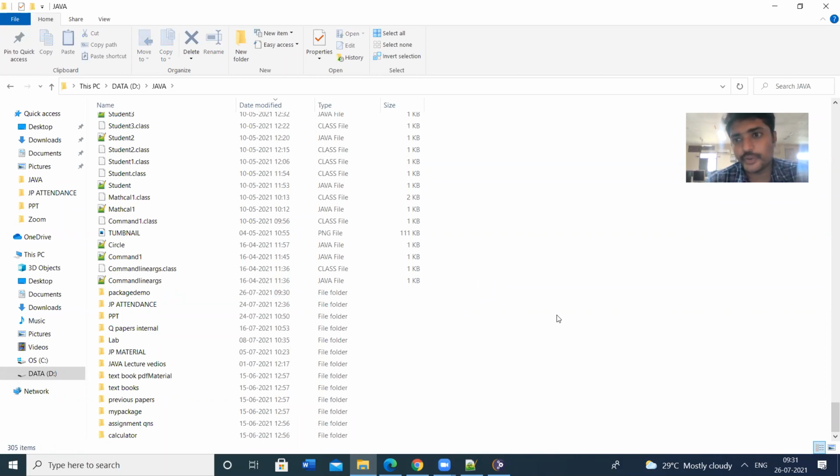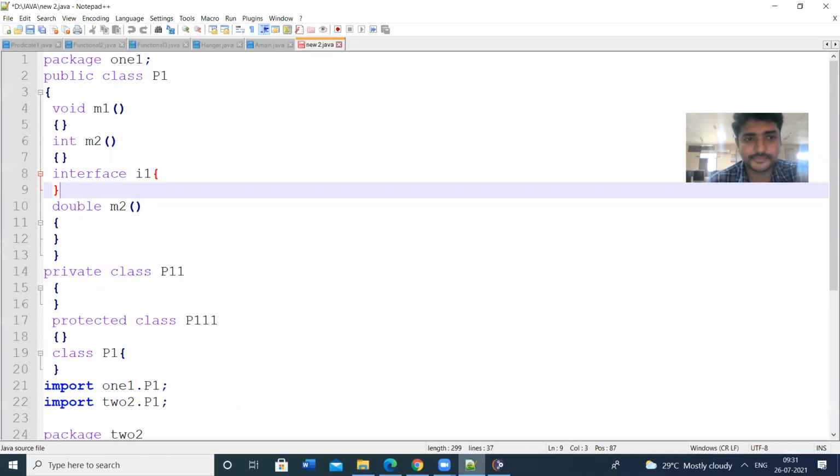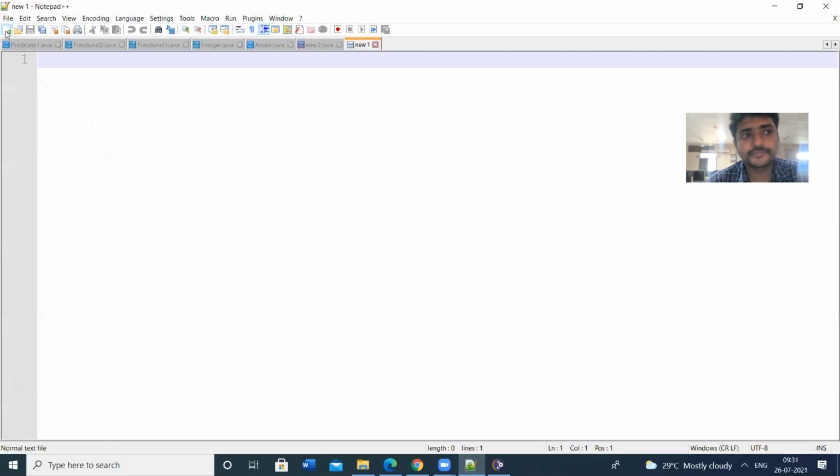Now we have to create the package. How do we create the package? Let us open the notepad. Here we are going to create the package. Whenever you create the package, you have to use the keyword package, and then give the package name as the folder name.